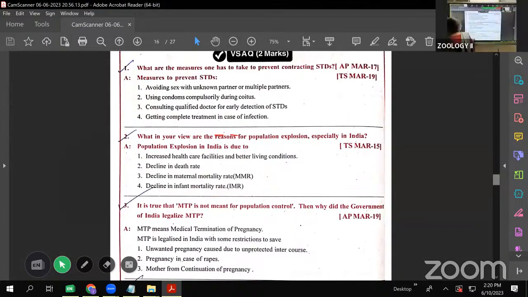Next, in reproductive health, only 5 ESIQs are there. Out of the 5, one will compulsorily come. That's why learn all 5. The first one is